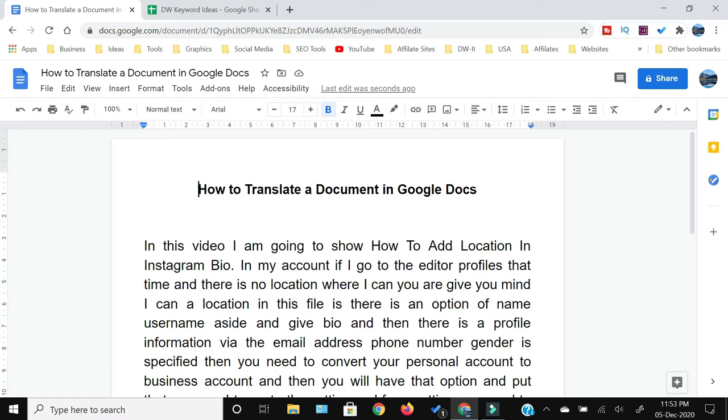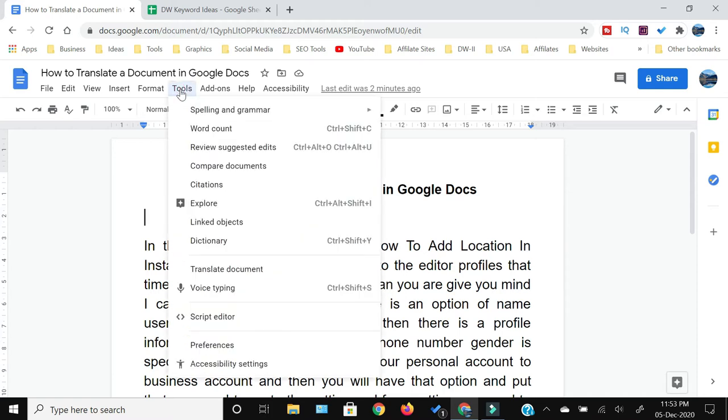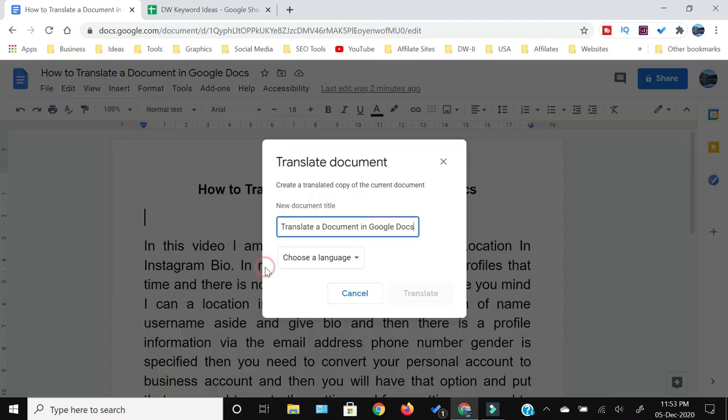So first, you need to open your document. I have already opened my document and it is in front of me. Now if I want to translate this document into any other language, what I need to do is that I need to click Tools, and from the drop down menu I need to come here, Translate Document, and here you